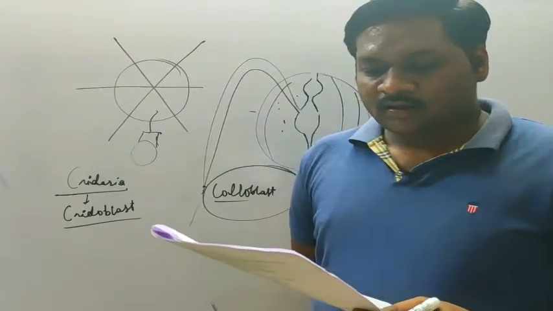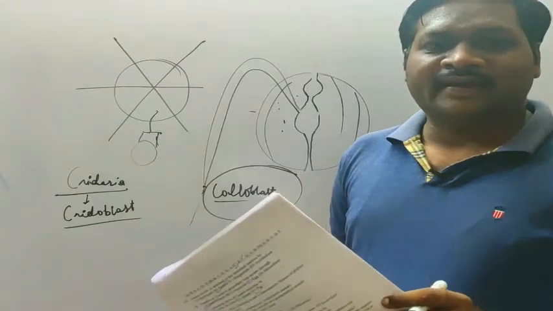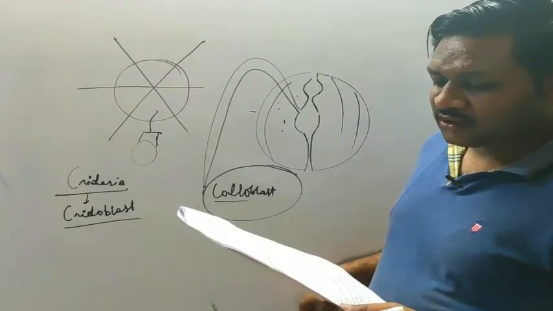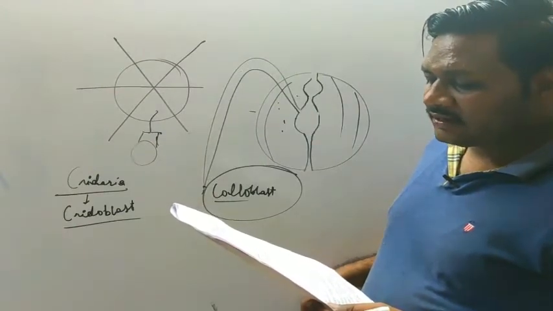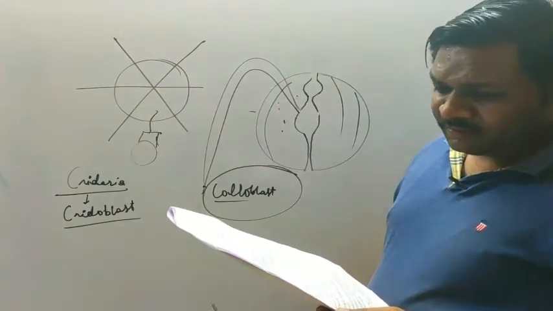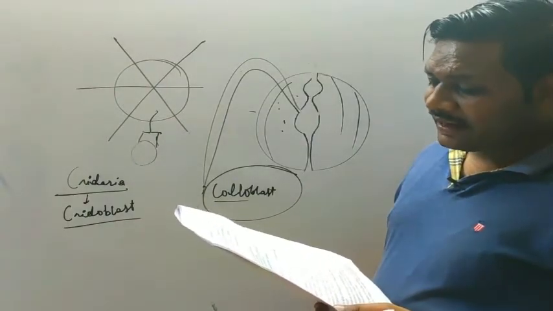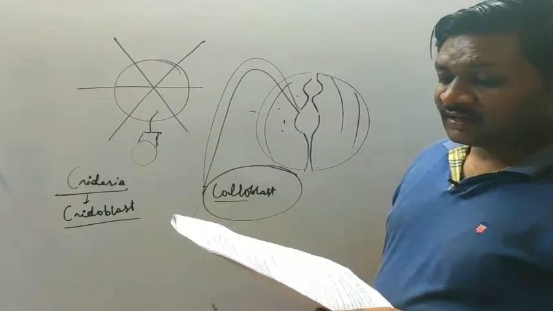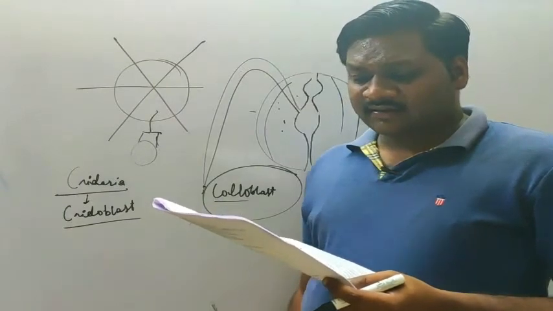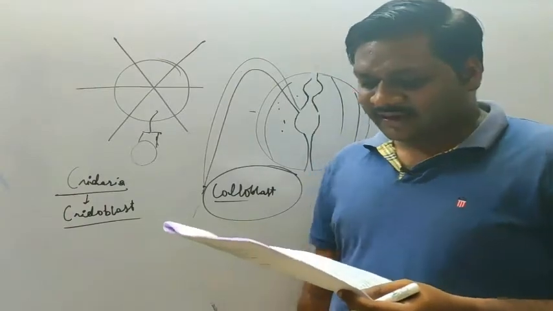Okay, so next question number 122. Hydra, see what are the characters of Hydra. It is a freshwater organism, so it is found in freshwater. Option A, freshwater form, radially symmetrical and diploblastic, of course. The next, marine, radially symmetrical and diploblastic, no. Freshwater form, bilaterally symmetrical and diploblastic, no. Then marine, radially symmetrical and diploblastic, no. So it is found in freshwater. That is, option A will be the correct answer for this.